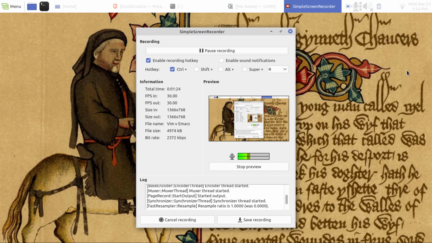But I believe those polls are misleading, and I will explain why, and I will explain why I am using Emacs for what I am using Emacs for, and when I will use Vim when the time comes. So let's jump right into this.